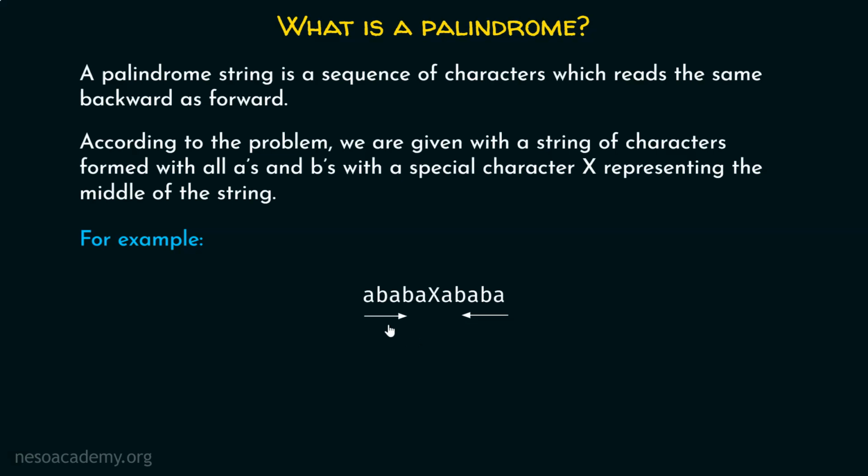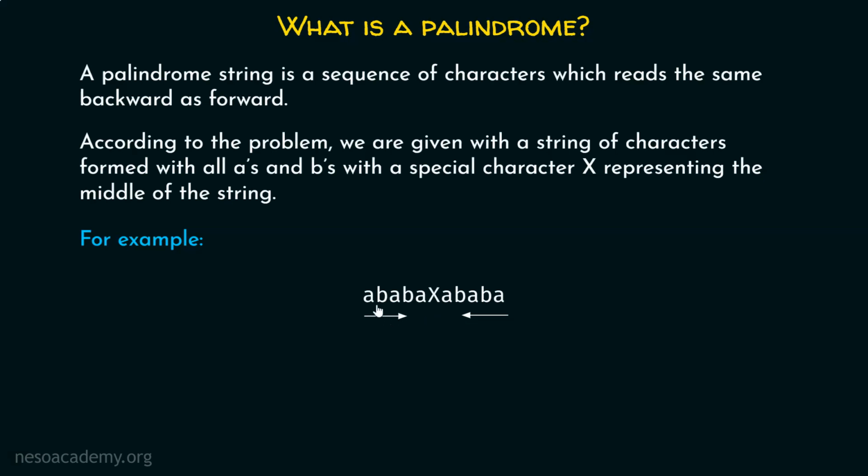Okay? But there is another way. Instead of reading this whole string from left to right and then right to left, we can actually read the string from this character till the middle of the string is reached, and then from this character till the middle of the string is reached. We'll still read this whole string from left to right, but this time we'll stop when the middle of the string is reached. This means that we must start reading from this character first, A, B, A, B, A, and then stop because the middle of the string is reached. After this, we must start reading from this character, A, B, A, B, A, and then stop because the middle of the string is reached.